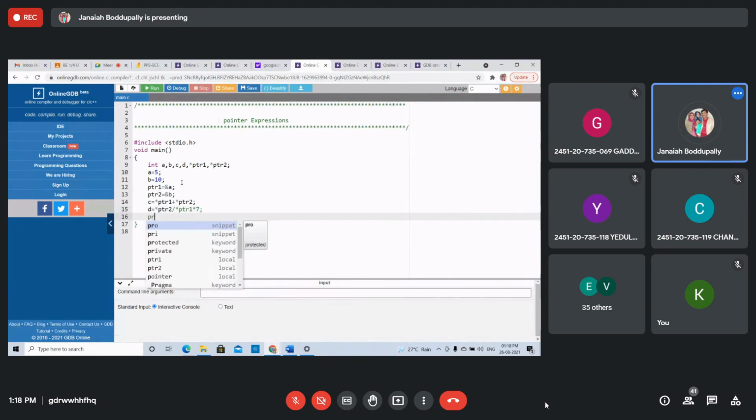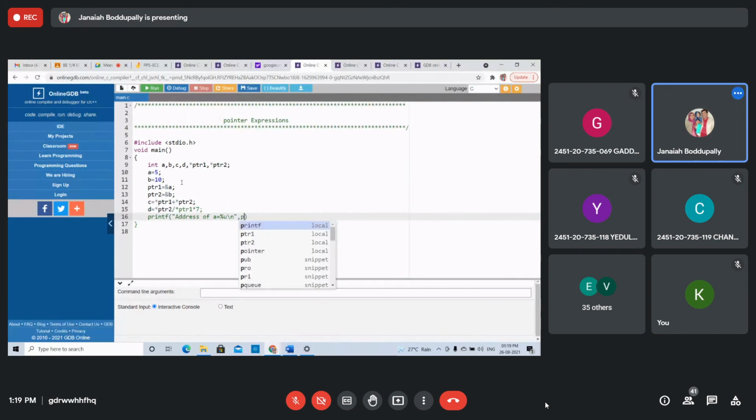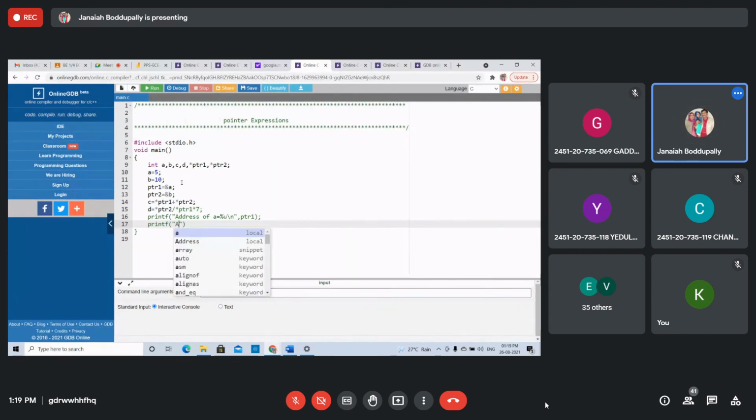Okay, now printf("Address of A = %u\n", ptr1), that's the address of A. Next printf("Address of B = %u", ptr2).